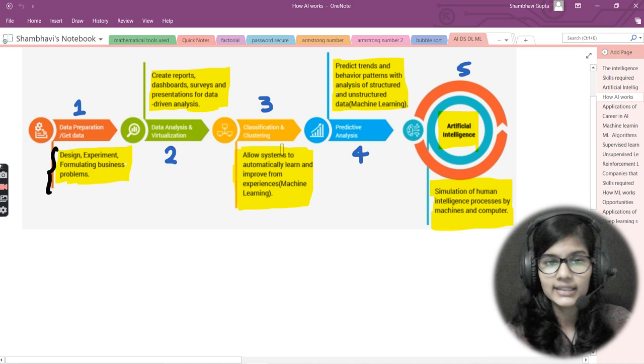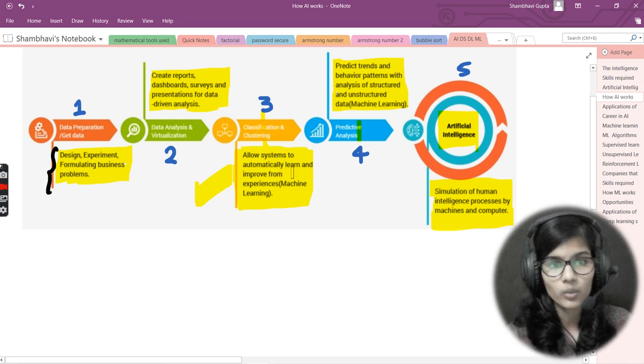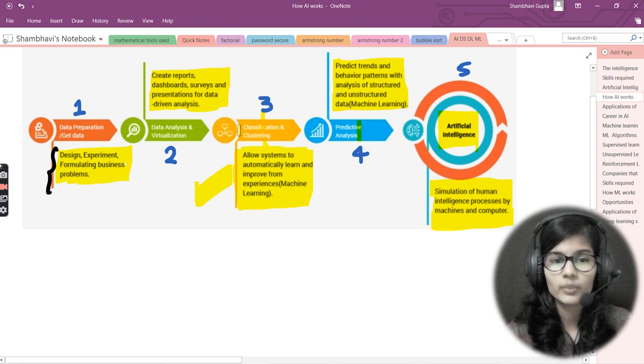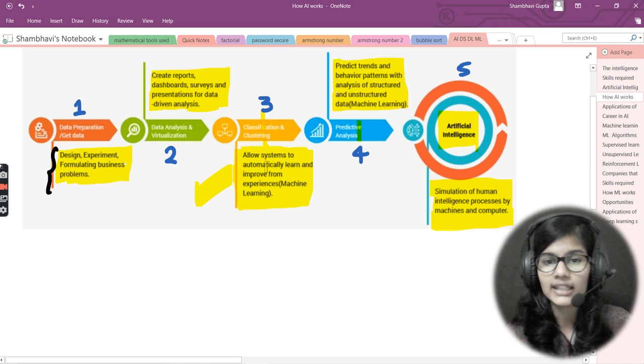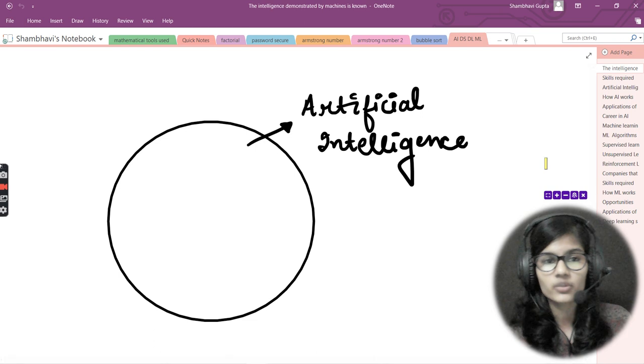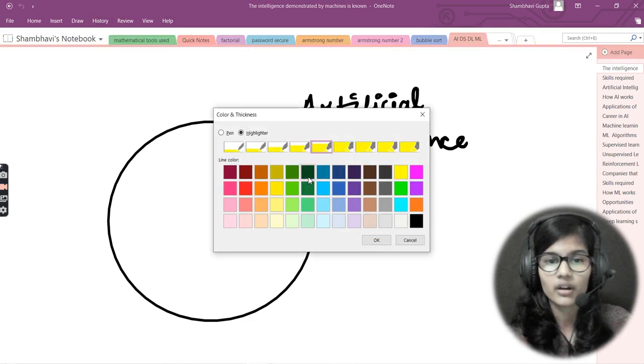How AI works. This was a topic which we had seen, right? Here we had seen two things: classification and clustering, and predictive analysis. These were two places where ML was actually used, right? I mentioned this previously as well, that these are the two places where it is used. So this is the main use of machine learning in the field of AI. Now, there was one definition written, that machine learning is one of the subsets of AI, right?